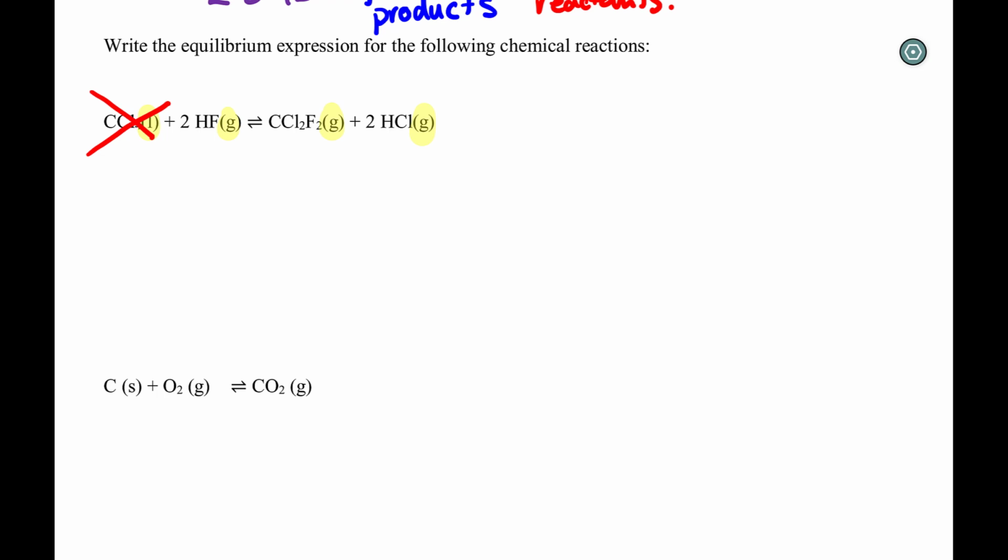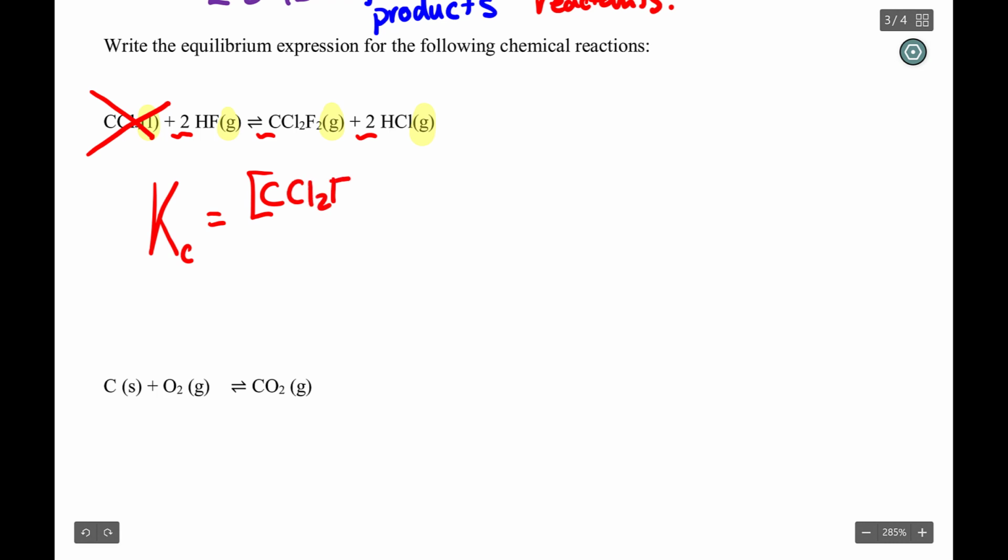The next thing I would do is either underline or highlight coefficients, because I'm going to double check that I've used them when I write my expression. So I'm going to write K, or you can also write Kc because this is about concentrations, is equal to my products. Now my products is CCl2F2, and I'm using square brackets to represent concentrations, raised to the power of 1. I'm not going to write the 1 in,